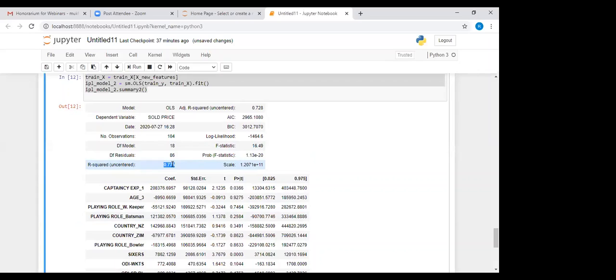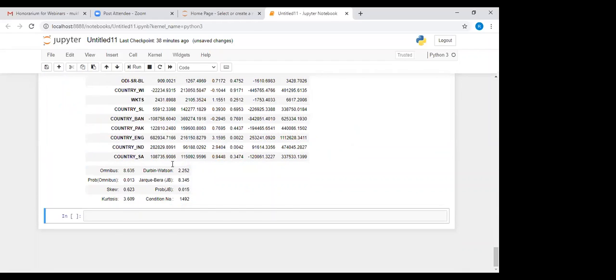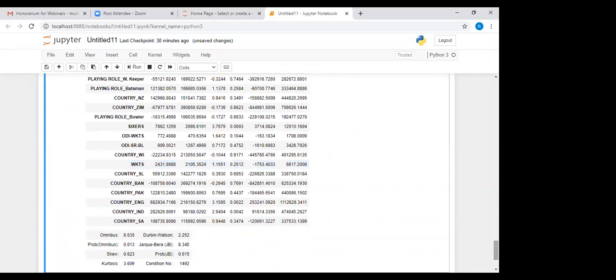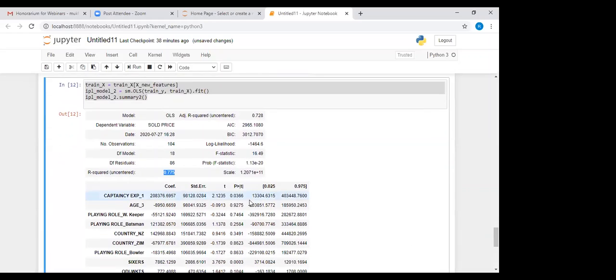Okay. After removing multicollinearity, now check which are the features. Again, use the same logic: the p-value will be less than alpha. Check which are the features that are significant for describing the sold price.